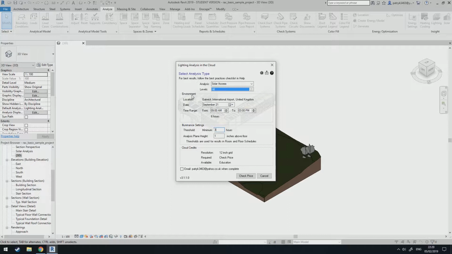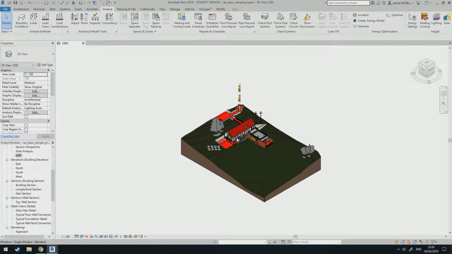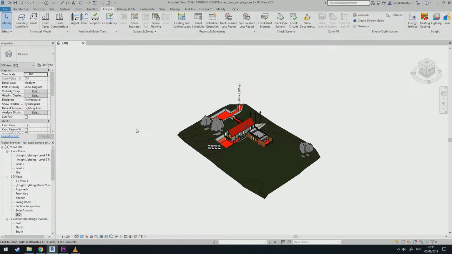is going to run at Gatwick on September 21st from 9 AM to 3 PM. We can change that to, for example, 8 PM. So it's going to be 11 hours, and we'll see how much. Okay. So that's going to be uploading. And we'll see how much direct sunlight is hitting each one of the floors for how many hours during that specific day. So whilst it's all rendering, I can show you one three-dimensional analysis similar to this but